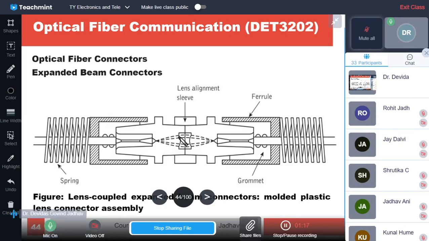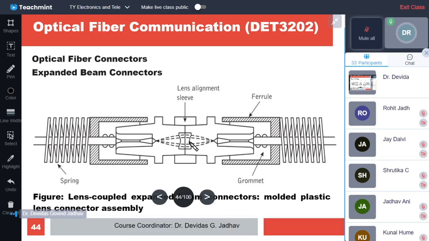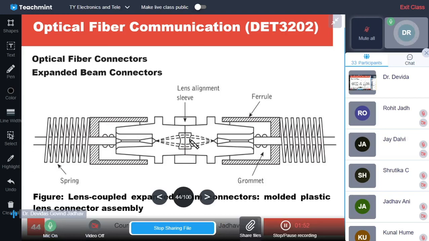on one side and the focal point on the other side can be made perfectly aligned, so that from one focal point the rays can be made collimated inside the lens, and from inside the lens, whenever the rays are emitted, they are refocused again. So only one lens is used. That lens collects the optical radiation from one fiber, makes it collimated inside the lens, and again refocuses it whenever it radiates outside.